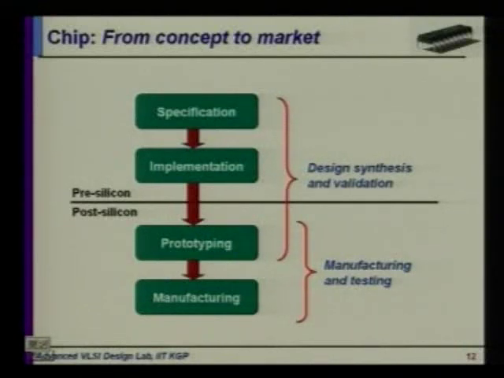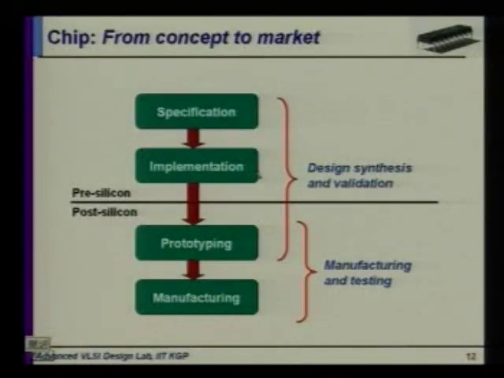So if we look at the chip design flow from concept to market, these are the four main parts of it. So we start with the specification of what we want to design, then we go to the implementation. This is the pre-silicon implementation. By pre-silicon we are going to refer to everything that happens before you tape out your chip. Okay, so this is the main design part, and then we typically sometimes go for prototyping, and there are different platforms for prototyping like FPGAs and things like that, where you prototype your design and then do more validation there,